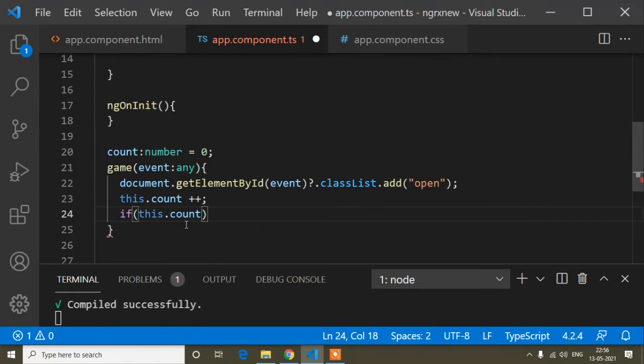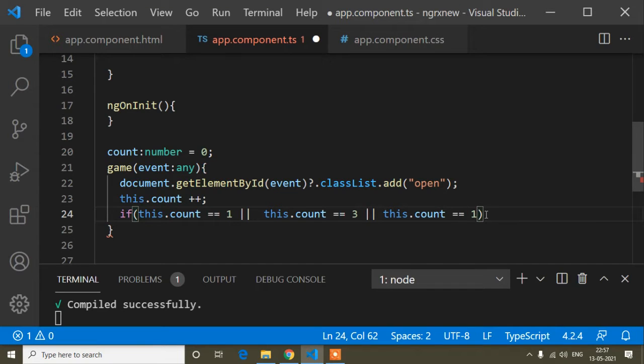Okay, so this dot count, here suppose the count is 1 or, not and, sorry guys, here it will be or, and I will copy this one and just paste. After writing this, I will explain why I have written this.